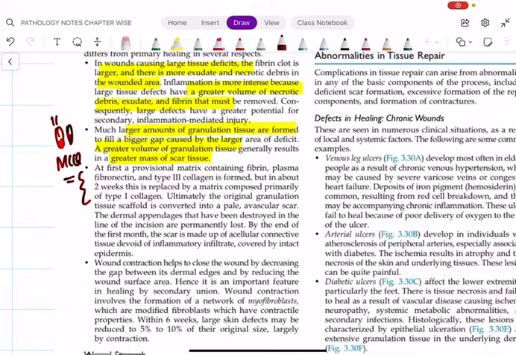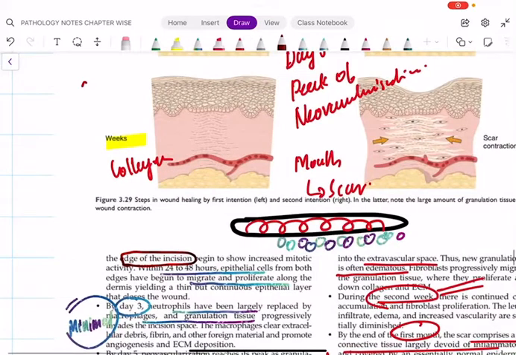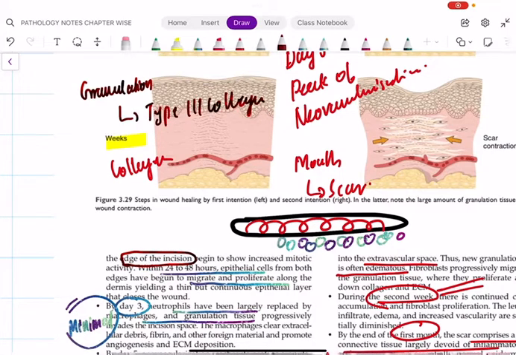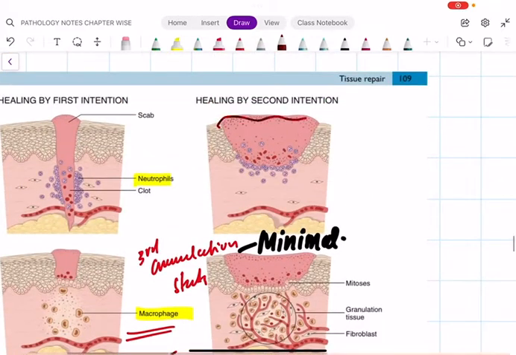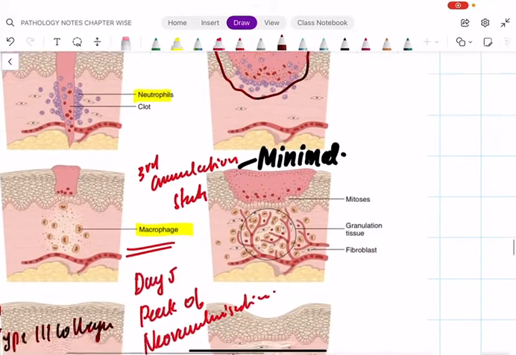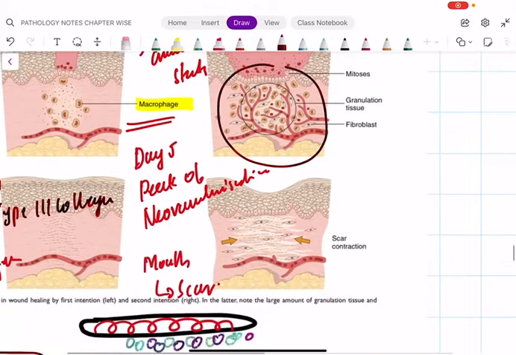Initially, the granulation tissue, which forms by the 3rd to 7th days, mainly has type 3 collagen. Granulation tissue, I am writing it here again, type 3 collagen. See, I will show the picture here. You can see the injury is so broad, with more neutrophil regulation. You can see a very large granulation tissue, and the scar formation is very large. And since the scar is very big, here comes the role of the myofibroblast, which finally results in